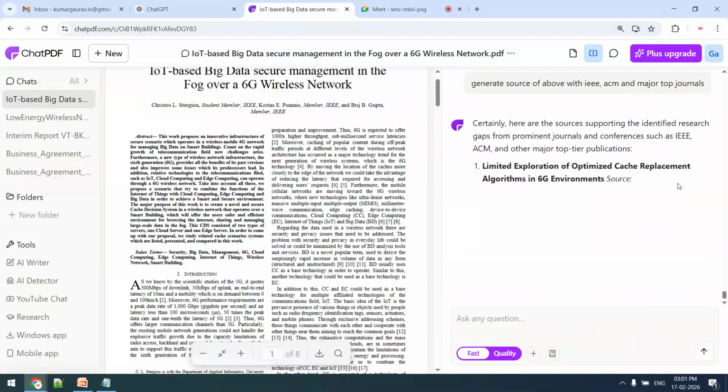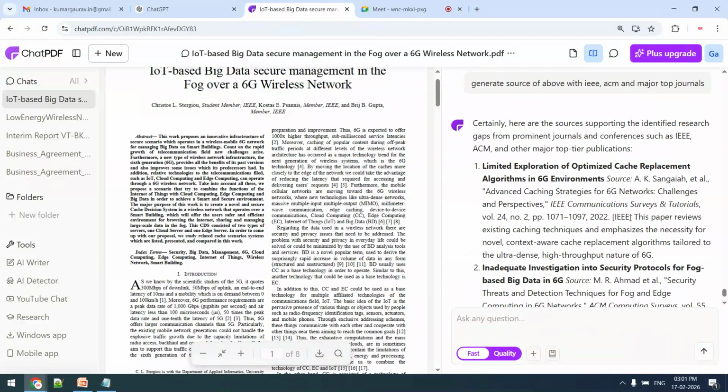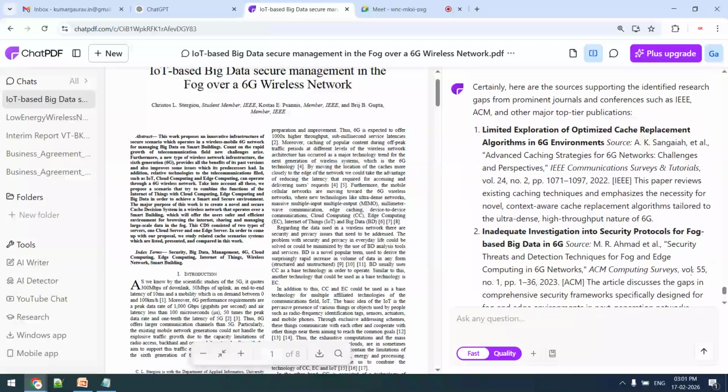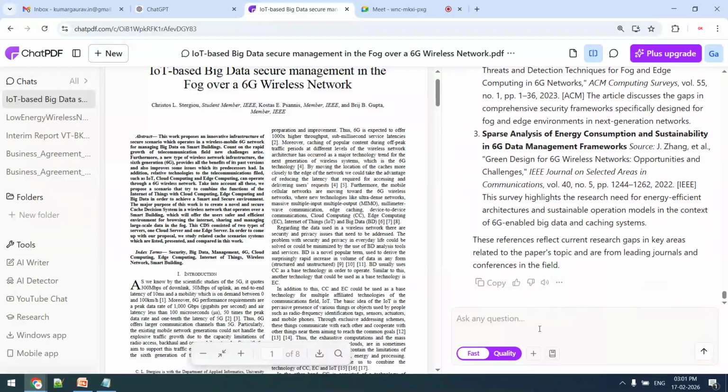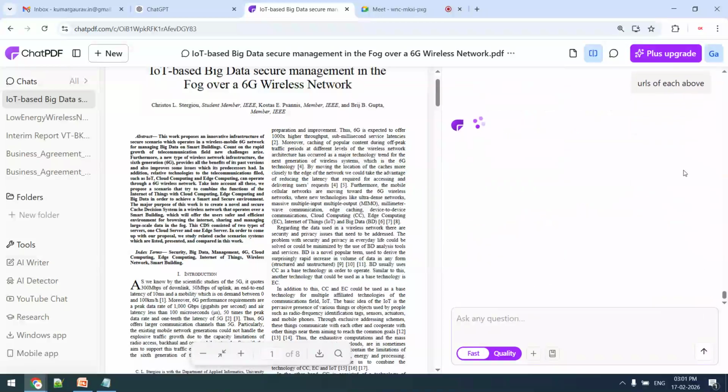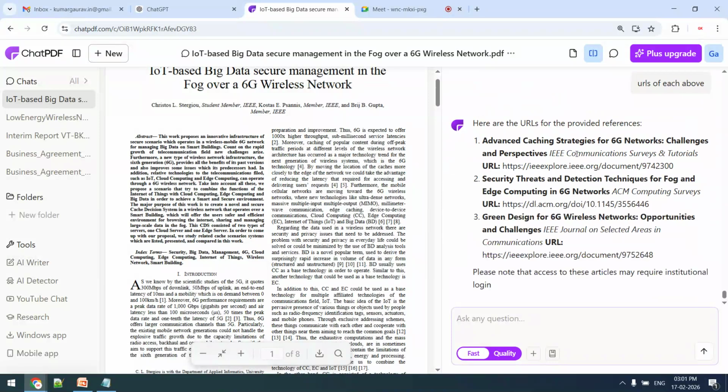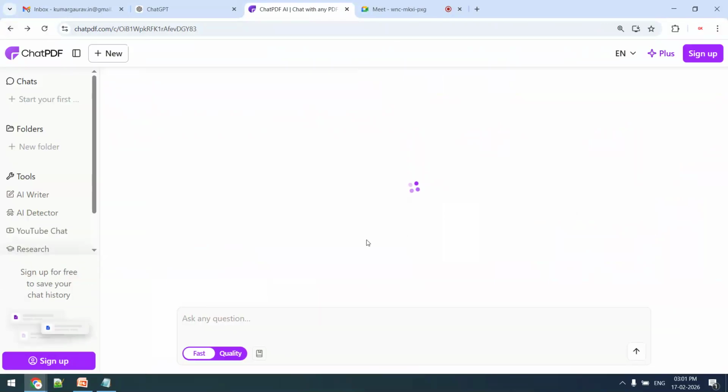So if I want to generate some, you can see that URL of each above. So you can see that we are generating URLs also,